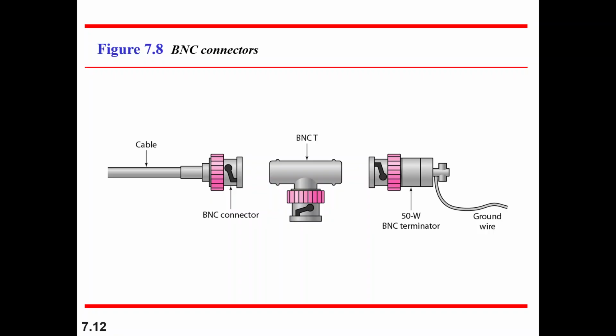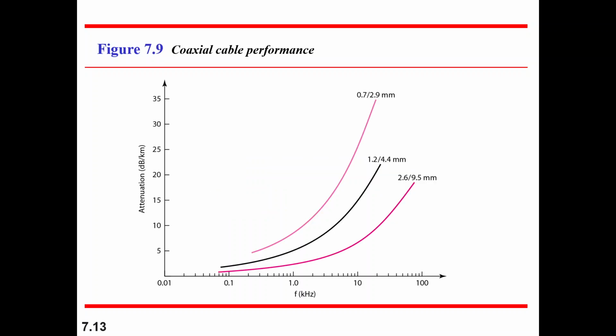Performance. As we did with twisted pair cables, we can measure the performance of a coaxial cable. The attenuation is much higher in coaxial cables than in twisted pair cable. In other words, although coaxial cable has a much higher bandwidth, the signal weakens rapidly and requires the frequent use of repeaters. If we talk about the applications of